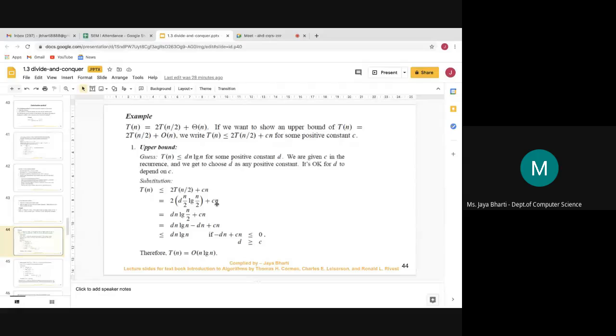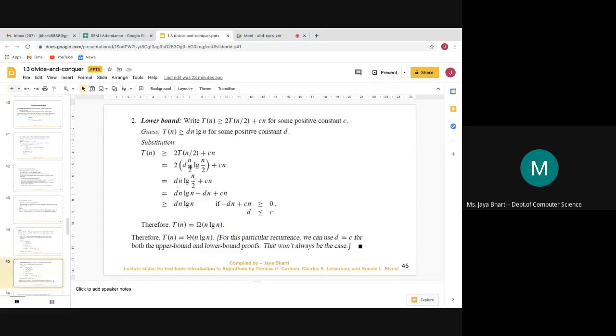And you can take some example values in place of d and c, because what we need here, what we have so far is that it is dn log n. Now you need to add some constant value to get the greater side, so that the right-side value is greater. Okay, so you need to add something. So that's why when d is greater than c, then this whole term will be greater than the T(n) value. Okay, and when we do this, then the whole term will be smaller than the T(n) value. Okay, so therefore we can say that T(n) is equal to omega of n log n.